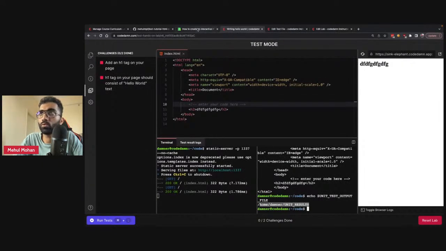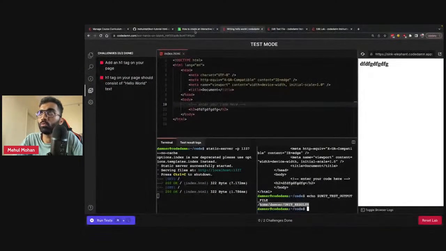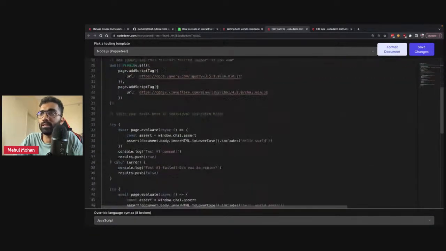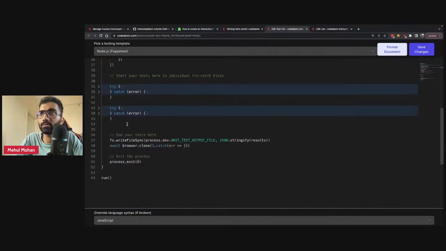Let's say true, false is written in the file. It'll appear something like this on the page: the first challenge gets passed, the second challenge gets failed, right? So all you have to do is create a results array like this, and then have individual try-catch blocks which populate this array.